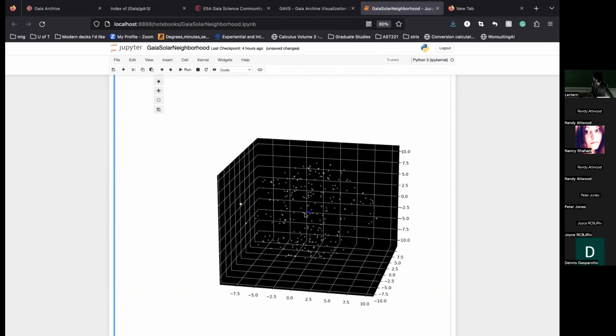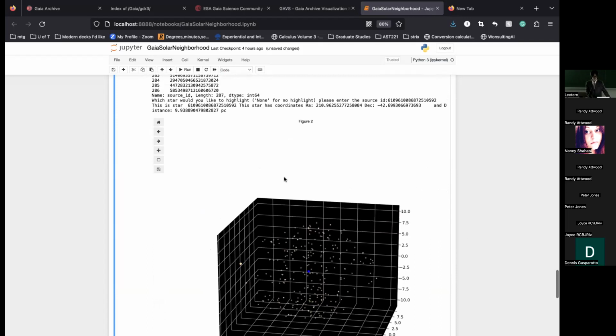And that little blue dot, I don't know if it's visible, but on my screen, that little blue dot is actually where Gaia is. It's all relative. And you can change the distances. By changing the parallax that we see, we can change the distance on the query. I set my parallax to, I think, 0.1 arcseconds, and that basically gave me 10 parsecs of radius.